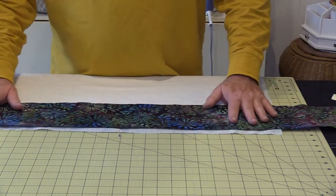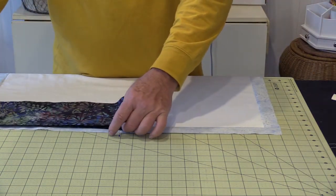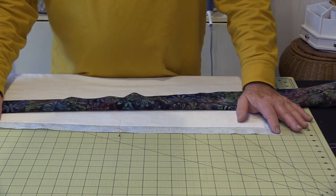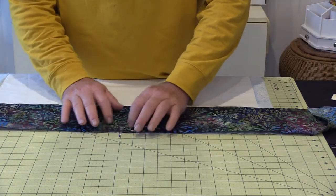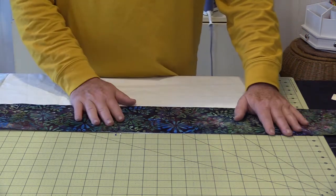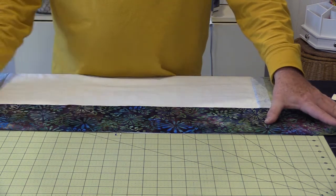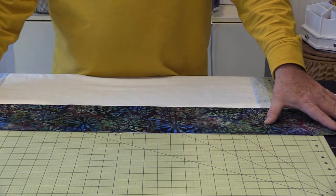There's a couple ways that you could have gone about this to get this lined up. One of them, and the one that I chose, I folded the piece in half and put a pin mark in it, and I folded my quilt top in half and I put a pin in that. So what I would do is just line up these 2 pins, and I might even go ahead and swap so that it's actually pinned together now. And I have these in the position that I need them in. I also could have just measured out from each side to make sure that these were equal distance out, to make sure that I have enough room to accommodate the miter on it. But now that I have that pinned in place,